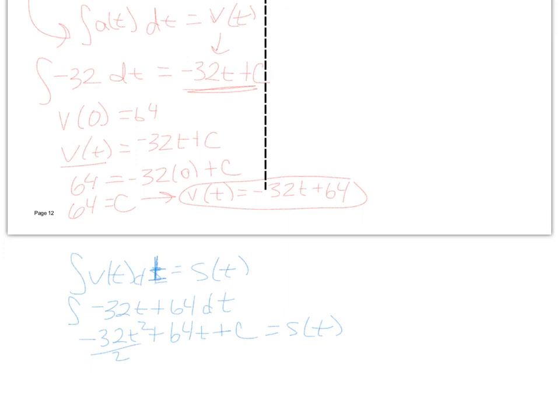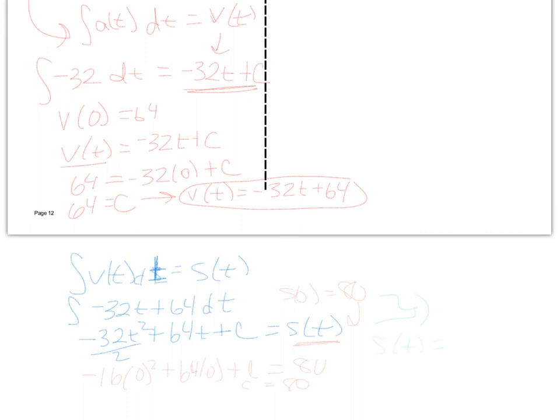All right, so now if we put in our initial condition, we said that S of 0 was 80 up above. So let's put it in. That's negative 16. Okay, I simplified my little fraction there. I'm going to put in my 0 squared. Okay, that makes it easy. 64. I love putting 0 in because 64 times 0, everything's easy. Plus, we don't know what C is. It should equal 80. My S of 0 is 80. Hey, guess what C is? It's 80. So now I know that my function for position, which is what the question asks, my position function